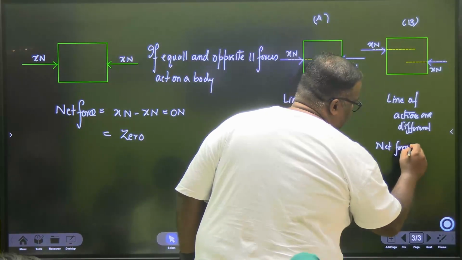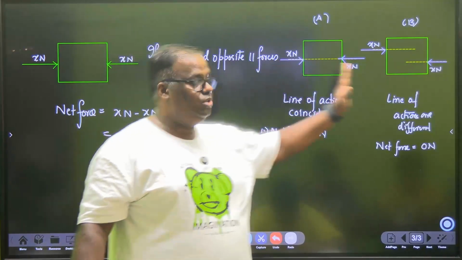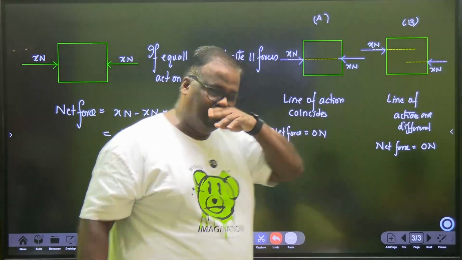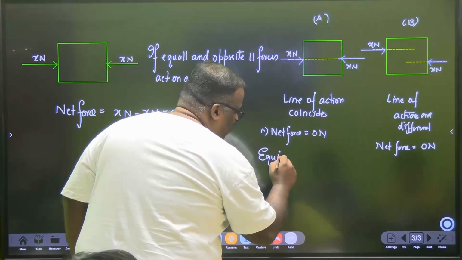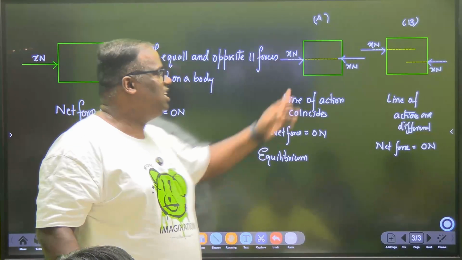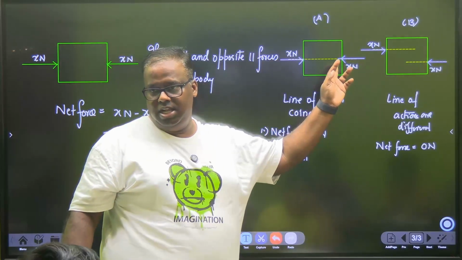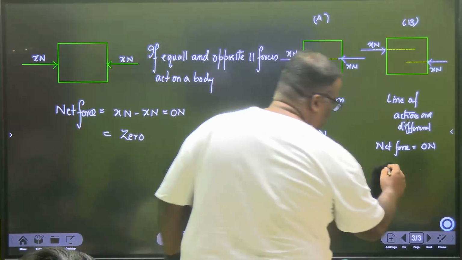The net force here also is 0 Newton. No questions asked. 0 Newton, 0 Newton. But this body will be in equilibrium. What is equilibrium? Whatever state it is, it will continue to be in that state. If it is at rest, it will continue to be at rest. This body will not be in